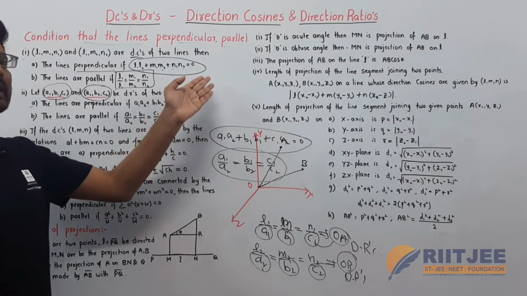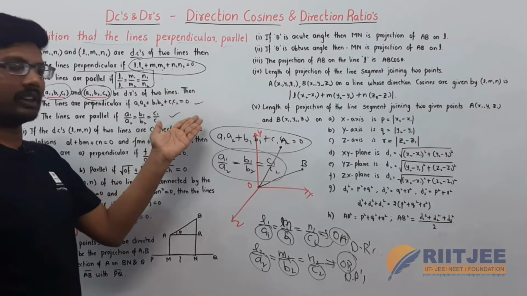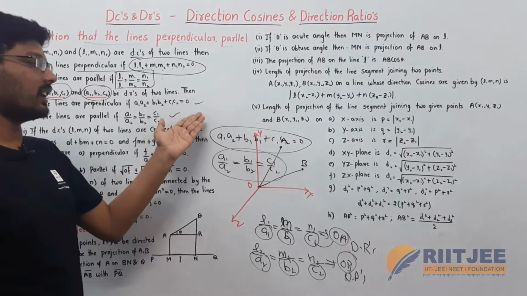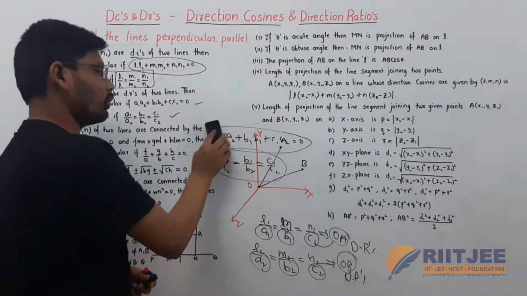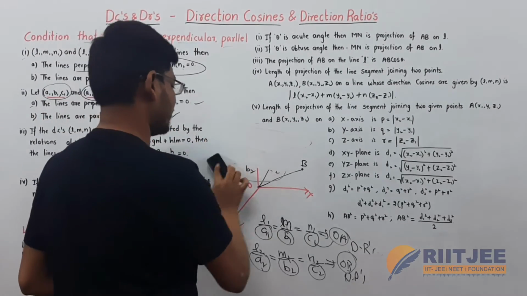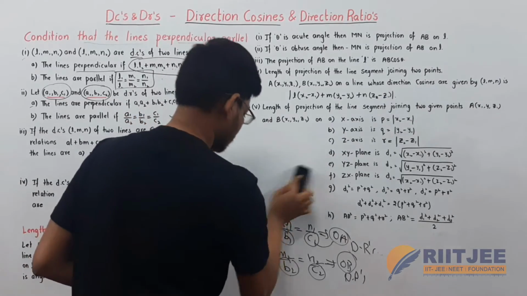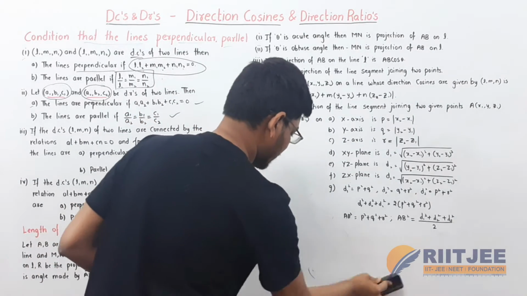The first point is about direction cosines, and the second point is about direction ratios of two lines, that is OA and OB in a 3D coordinate system. This is all about two points. And the next point is